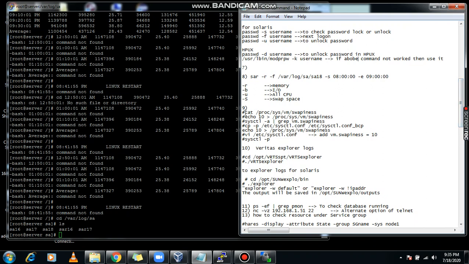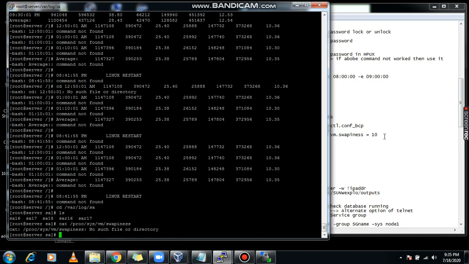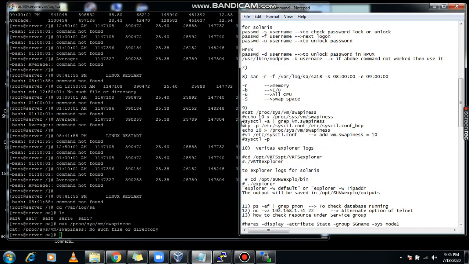The next command you use to improve your machine performance is swappiness. If the application team wants to increase the swappiness value, you can check using these commands. This command is not working on my server, but no issue. If you are working in your production environment, you can easily use these commands and set the value the application team wants. Echo 10, so the value 10 is put in your configuration file.